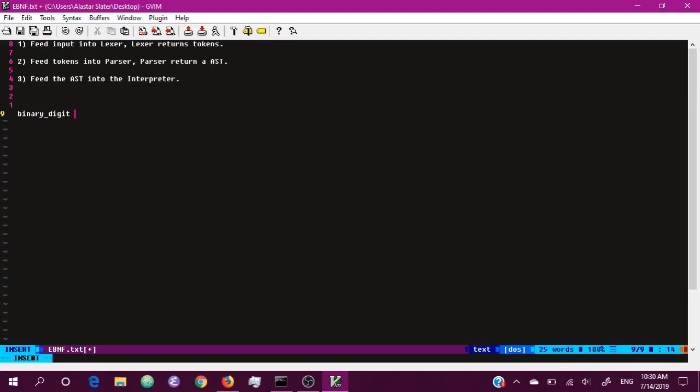So we're going to say a binary digit is, let's start real simple, just 0. Okay? So this, the binary digit word right before the colon is what's called a